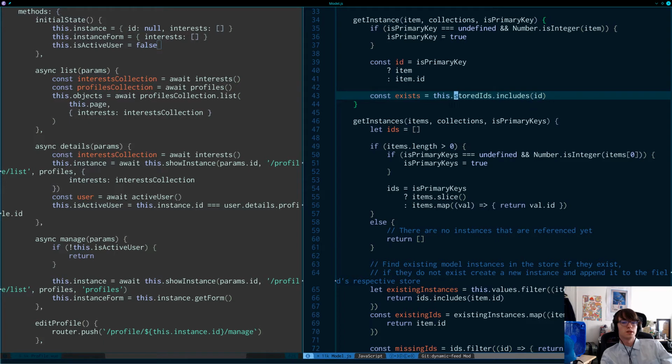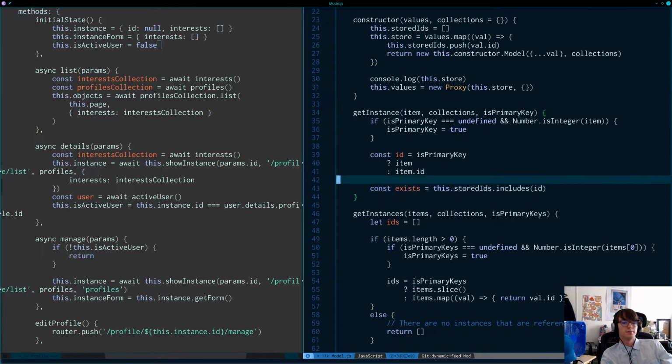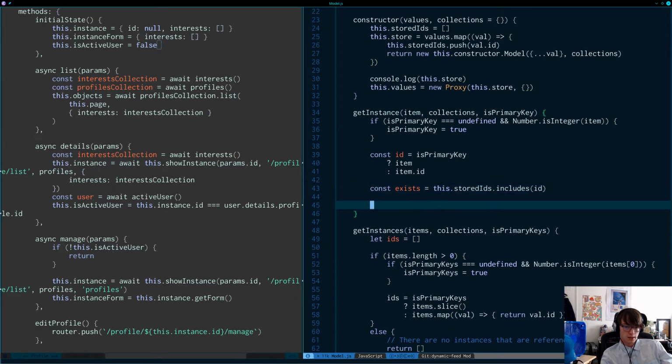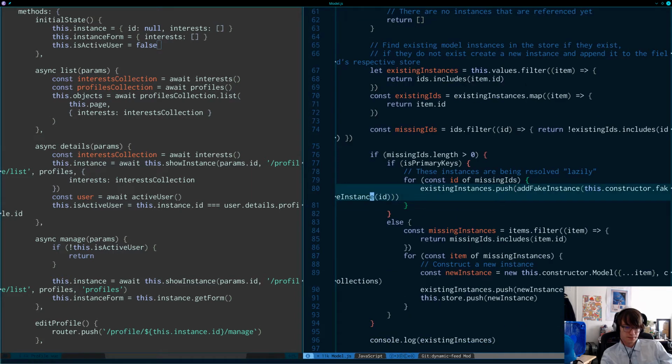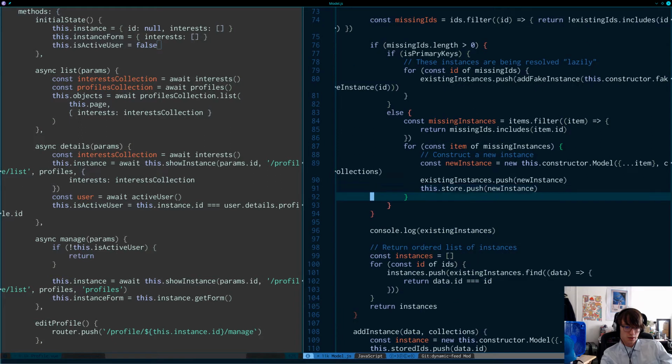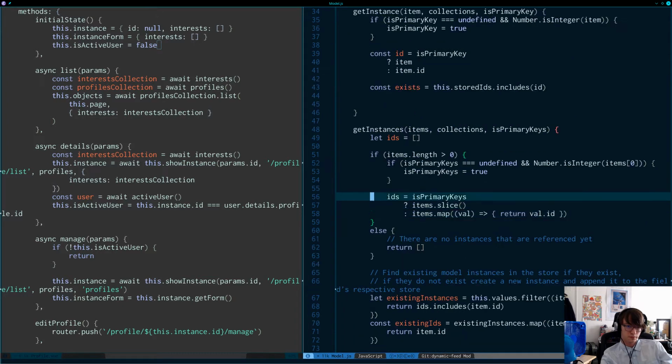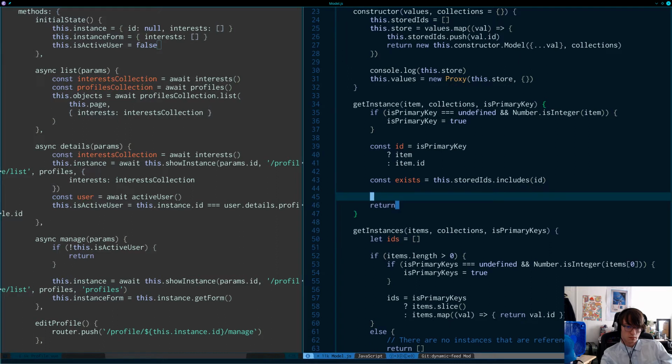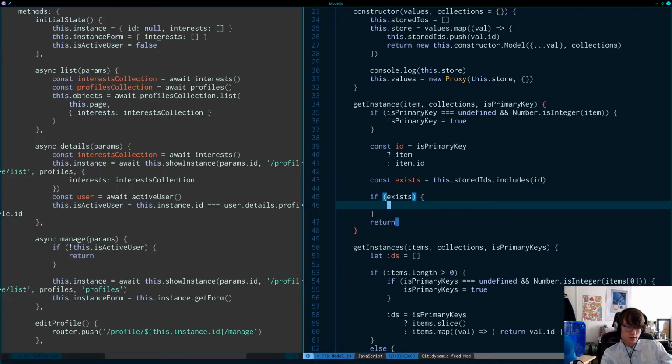So if the stored IDs includes that ID, then it exists, and we just have to return that existing instance. So if exists, return